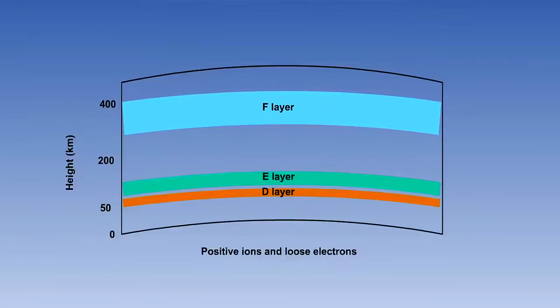Ionization is the process by which negatively charged electrons are dislodged from the outer shells of an atom by ultraviolet light from the sun, leaving the atom with an imbalance of positive ions. When gas is in this state, it is known as plasma. The extent of the ionization is such as to create bands of negatively charged electrons, and it is these bands or layers which refract radio waves.